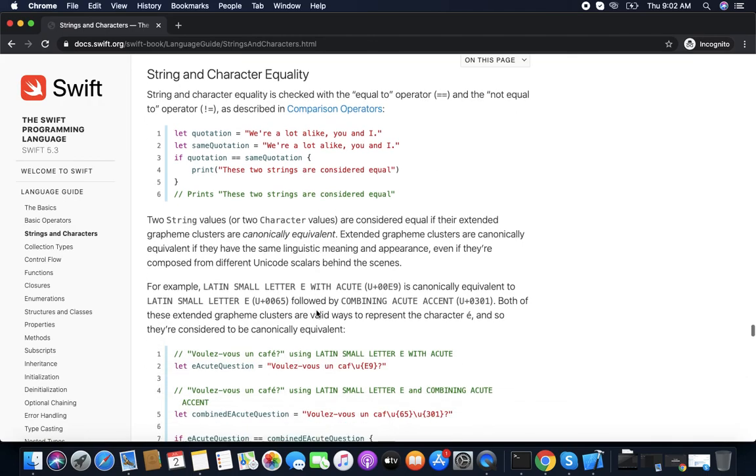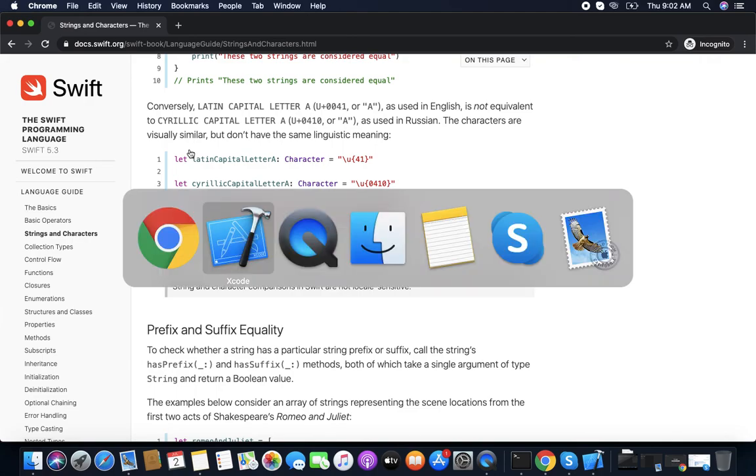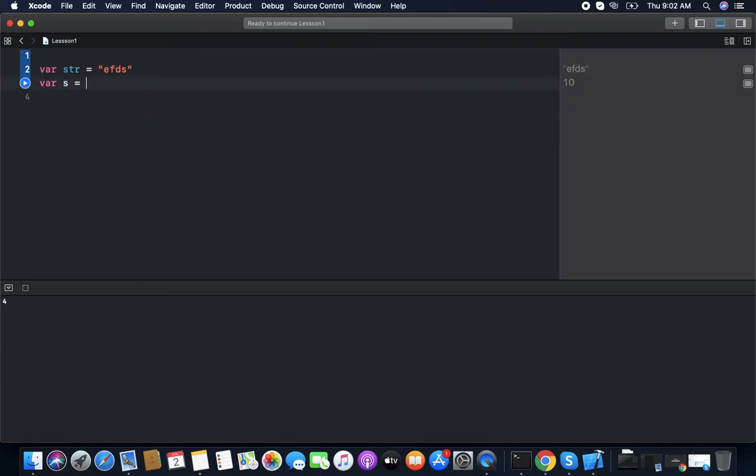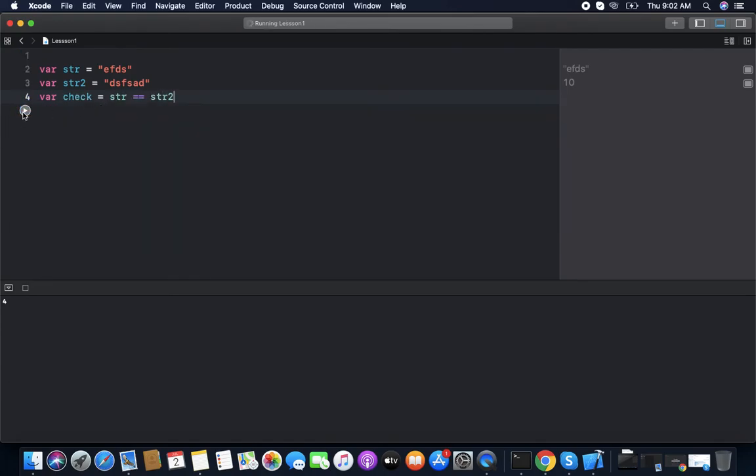Comparing strings. We can compare two strings like a number. We have str, we have str2 equal to anything. We can compare both, so we make a variable check which is a bool, which compares equality of strings. Strings are equal only if they have the same words with the same case and all.